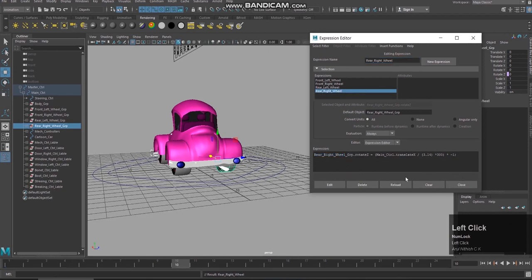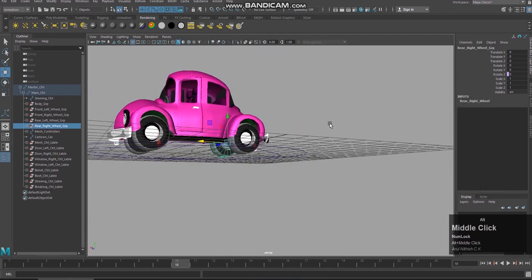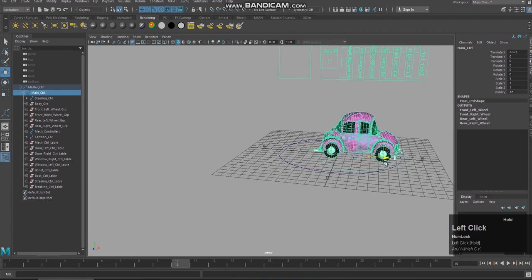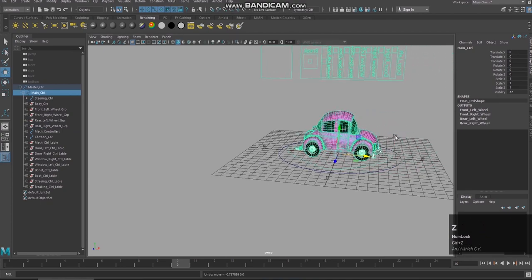Close it. Now once we select the main control, we can see all the wheels are rotating properly,